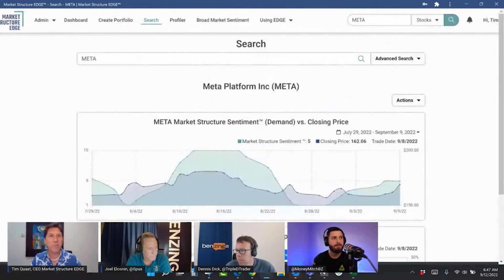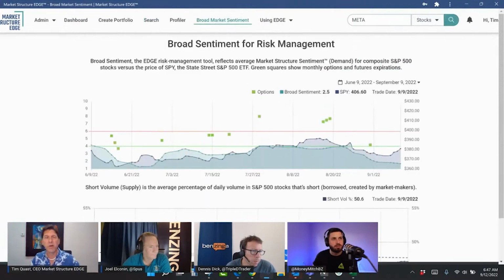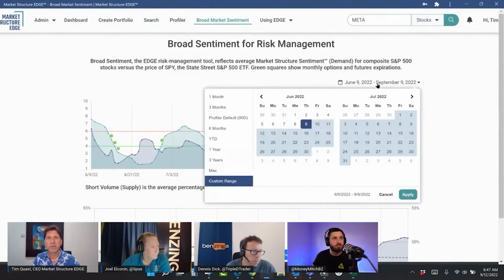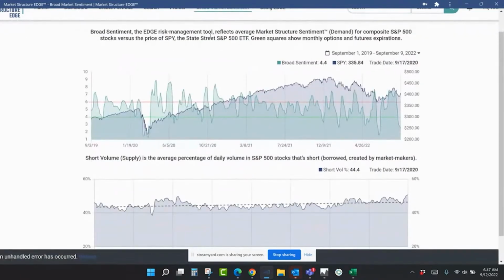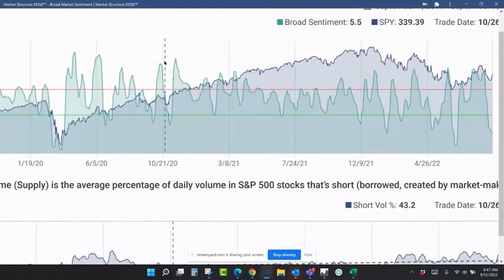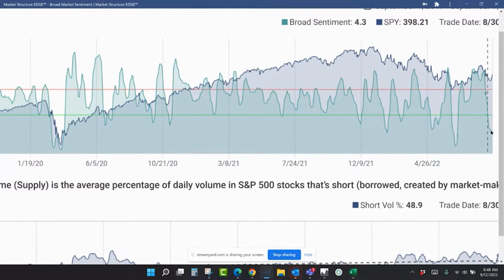The whole thing that I care about is diverging supply and demand. I know in the broad market, when the market drops below a certain level, it is very historically true that the market recovers. And you can go look at this. I'll just back up three years, and we've done this before. You could look at the points in time where on the demand side, the green part of the graph drops below the green line. Almost always stocks recover. And so that's where it is now.